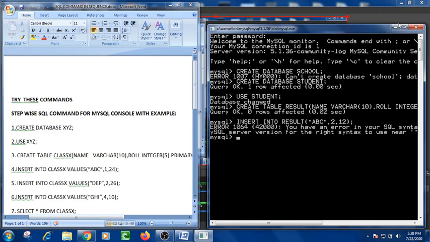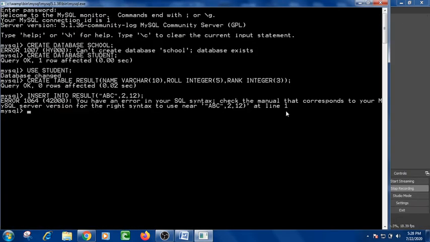and it's showing an error. Check the manual that corresponds to your version. Now again I am going to do it, insert into result. There must be some error, that's why it's showing.